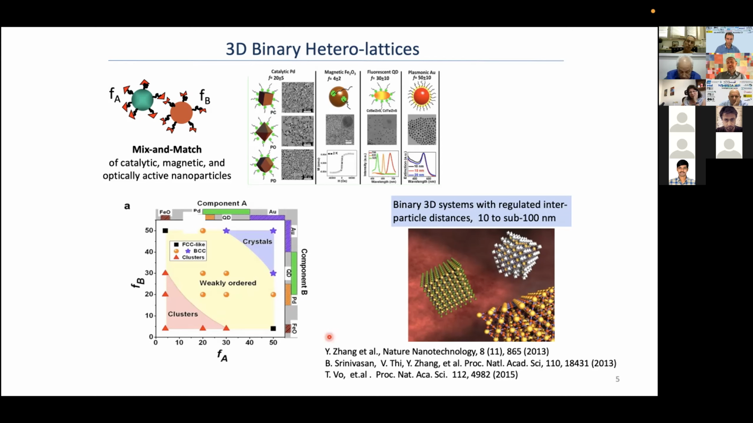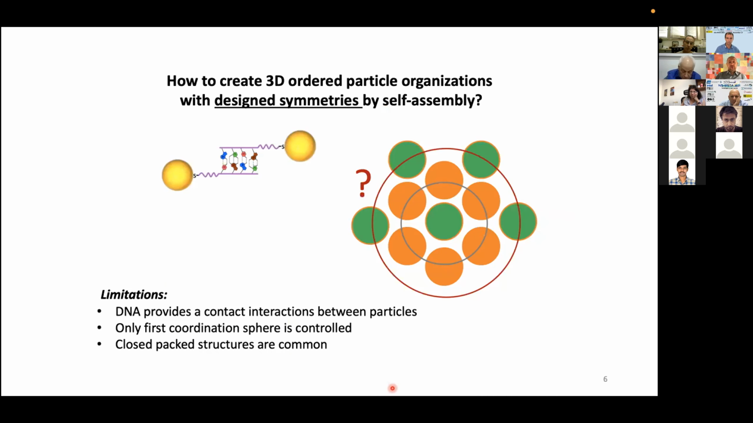Again, I'm going to go into all the details, but here I'm showing all these studies that we have done to demonstrate those details. What I wanted to stress, however, is that despite all this ability, we still will be quite limited in a way